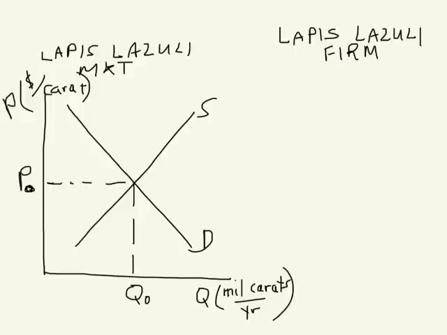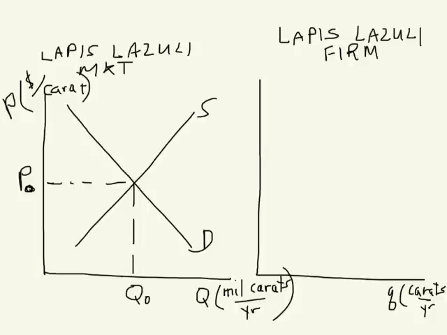Anyway, we have millions of stones in the market, but each firm is so small. We could get a microscope and do our analysis of the firm right next to the y-axis here, but that's really inconvenient. So what we do instead is to blow up the firm's problem, so it's big so we can see it. And I use this convention of small q, and these are just carats